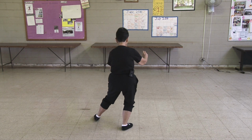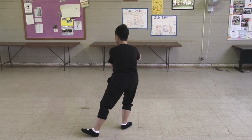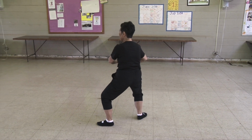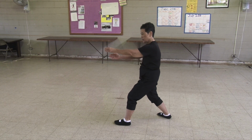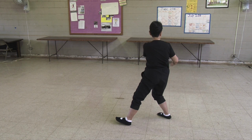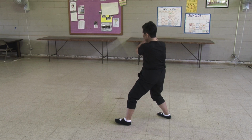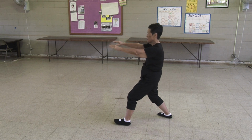What you do on one side, you do on the other side. Left hand on the bottom, right hand on the top to hold your ball on the T. Out on an L stance, use your forearm to push your opponent away, but yet pull him down as if you're grasping the bird's tail. But then again, push him out again. Separate your hands, roll back,